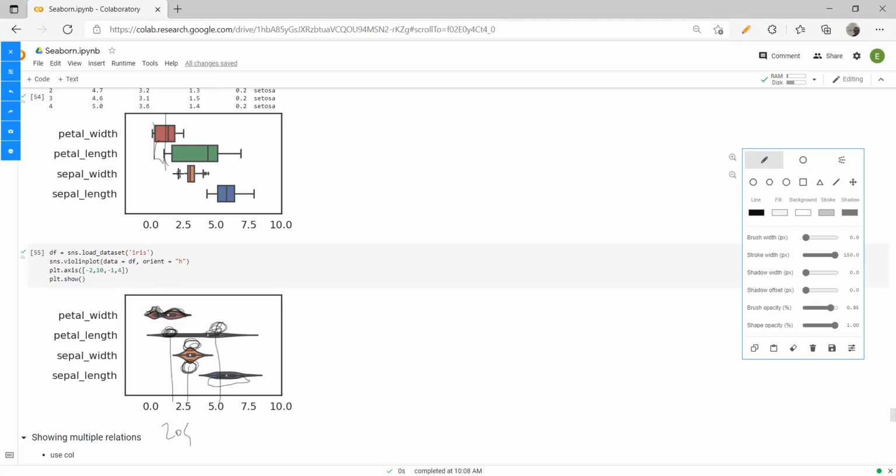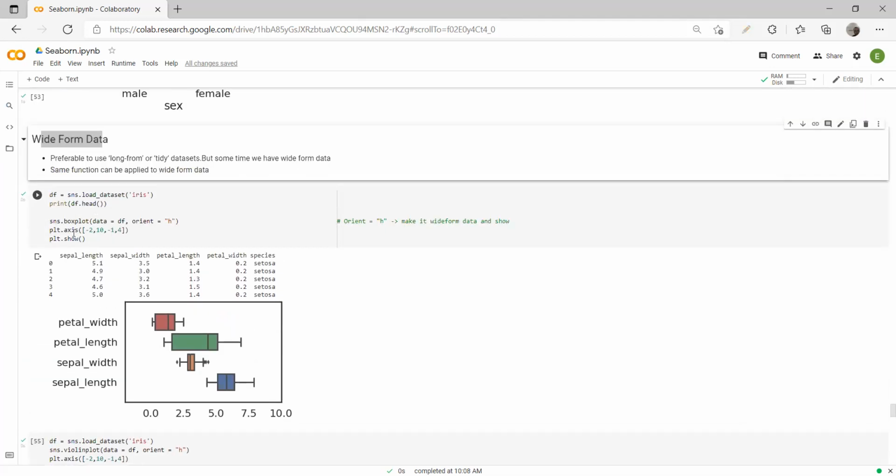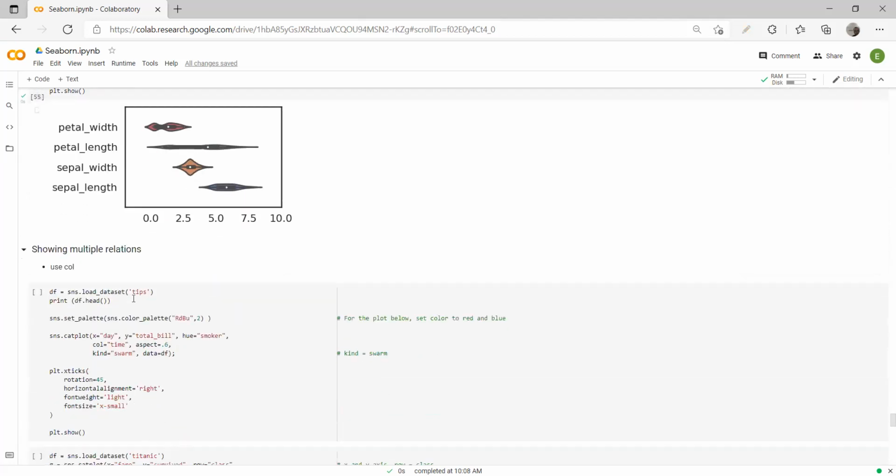So as compared to the box plot, the violin plot gives further information because it does not just give the interquartile region and whiskers that we saw yesterday, but it also gives where the more data is present. The data is concentrated over here and here and here and so on. So I will just keep it over here as a kind of revision. This is a very important plot, but we had already discussed this in the previous session. Since it is over here, I don't want to delete it because this is an important plot.